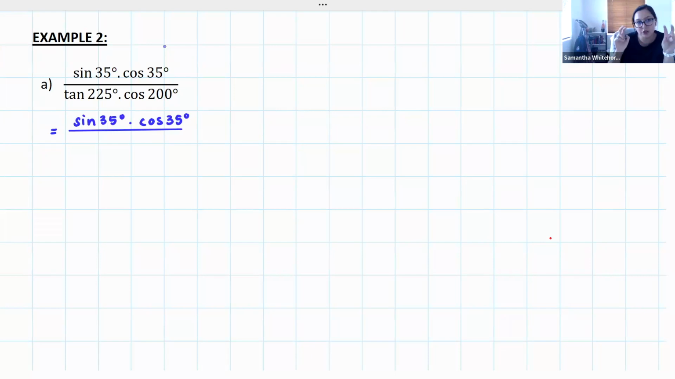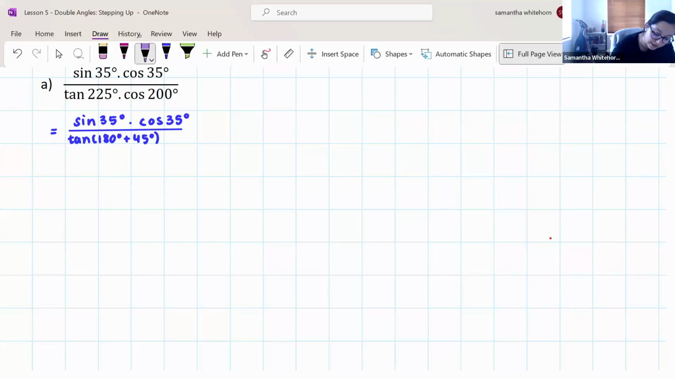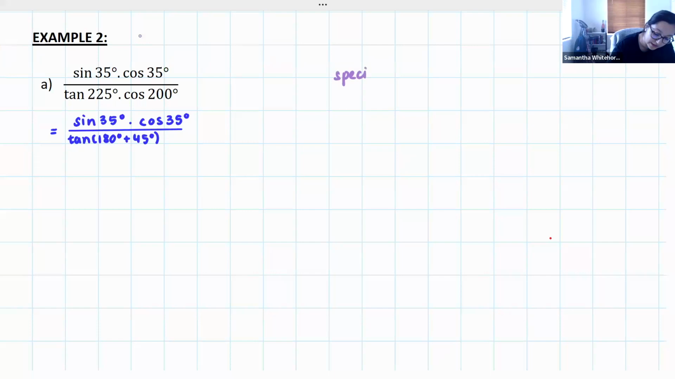What I do have an issue with is my denominator, because both of those angles are reflex angles, and I can apply reduction formula to them. Okay, so the first one I can work with is tan of 180 plus 45. Now, the reason I'm going straight there is because remember, this would say without the use of a calculator. So I need to once again think of my special angles. If you've forgotten, your special angles